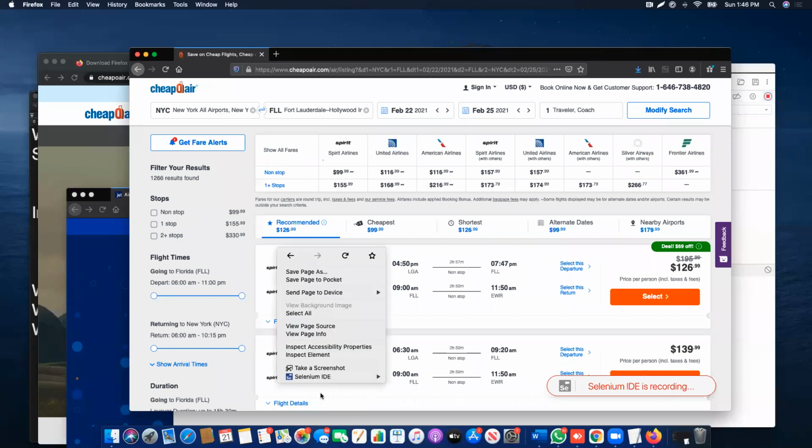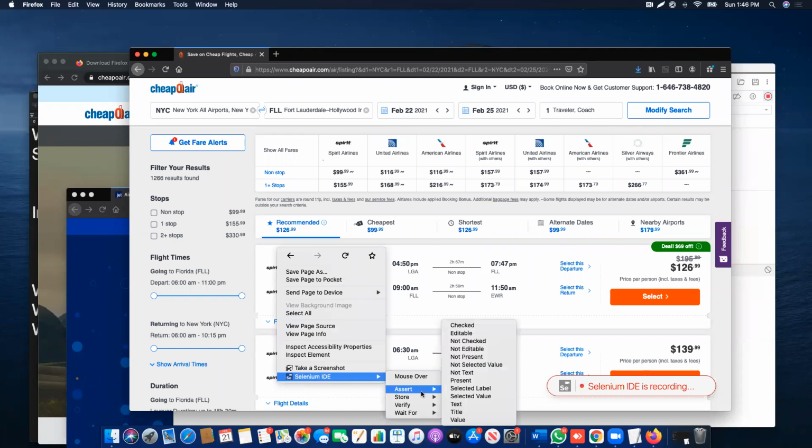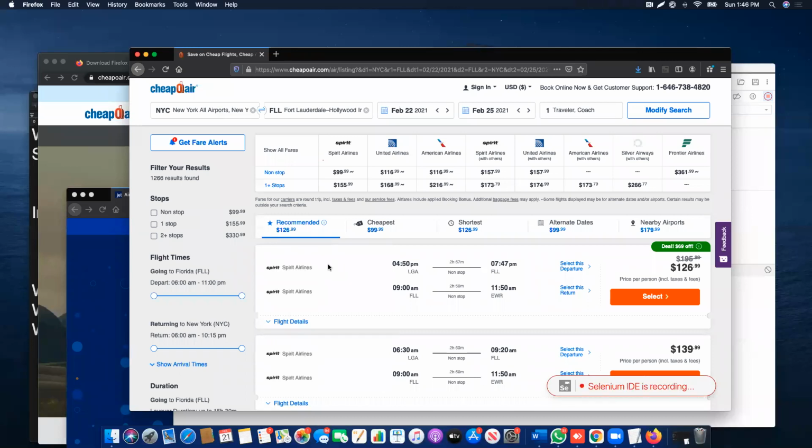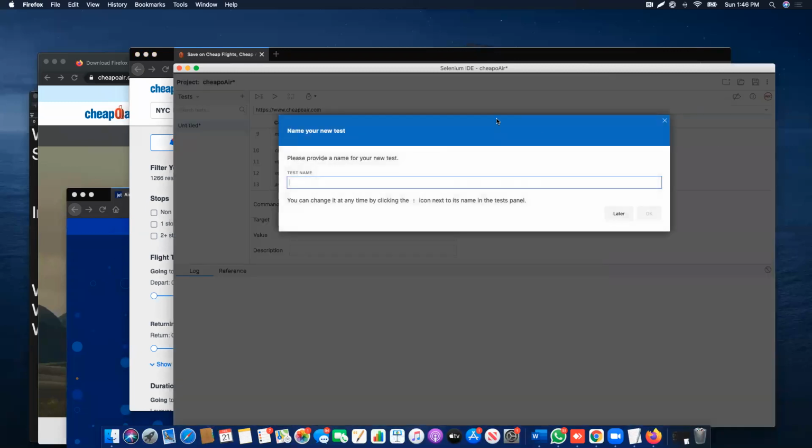So what can we assert here? So Selenium assert, and I can say presence, right? If I do presence, that means whether this area is present or not. If this area is present, then we're good to go. I'm going to stop my test right now and stop recording and give it a name. I'm going to say search. Do camel casing, right? Camel casing means that after the first word, every other word will have an uppercase, okay? Flight in